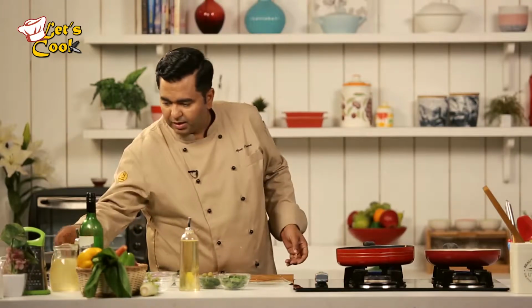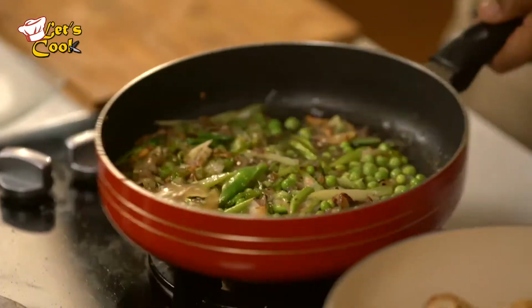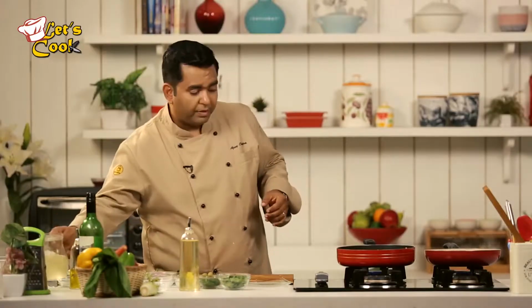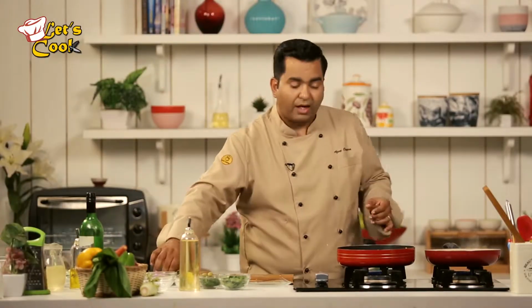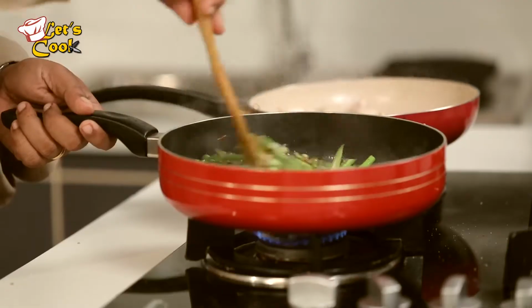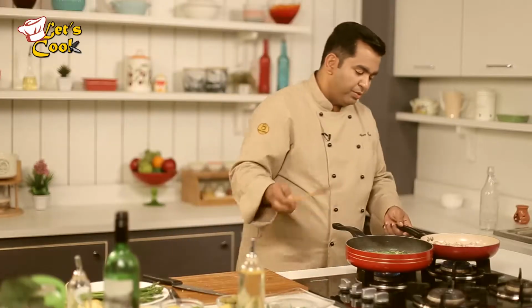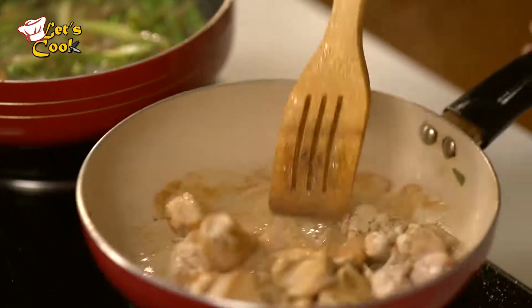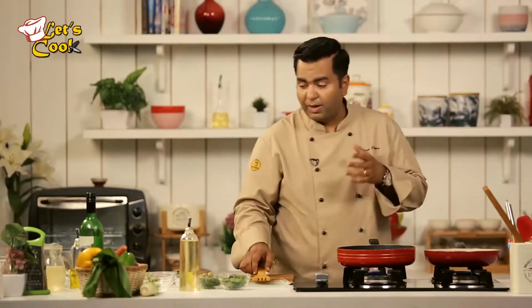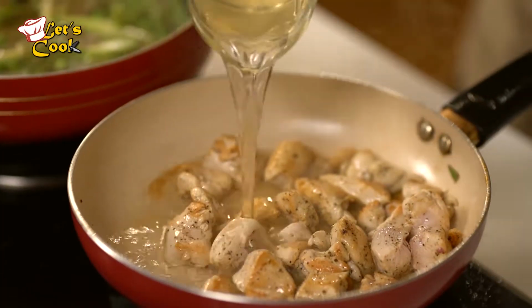All right, now we're going to go with some stock. Just a little bit so that the vegetables kind of just get covered and then start getting cooked. This is very much like a winter vegetable stew. And the chicken here is again just about done. So I don't want to lose the flavors in the pan of the chicken, so I'm going to just deglaze the pan with some stock